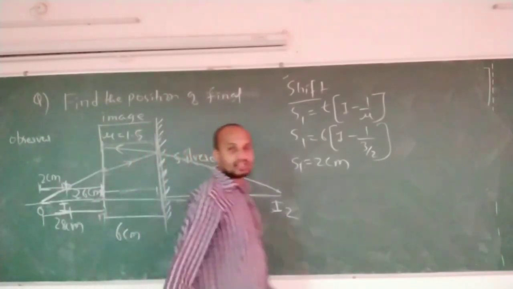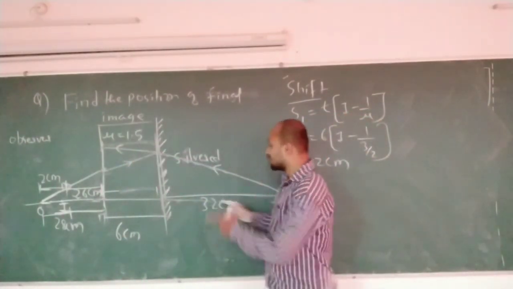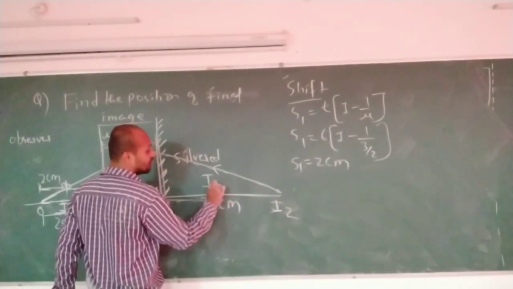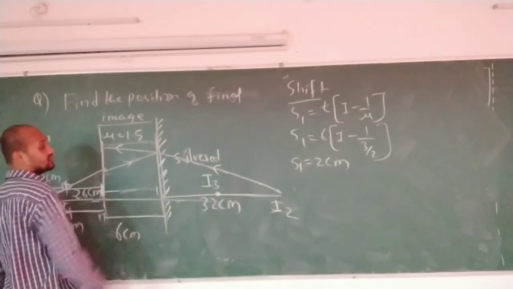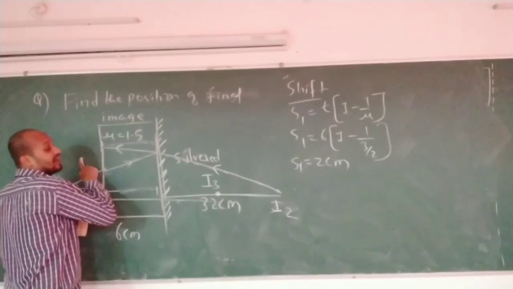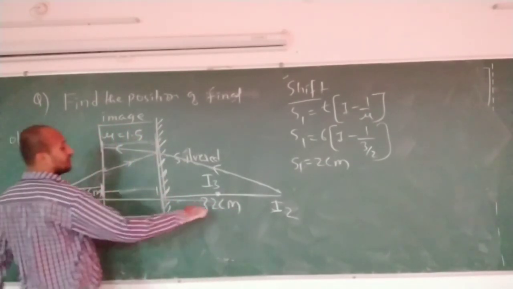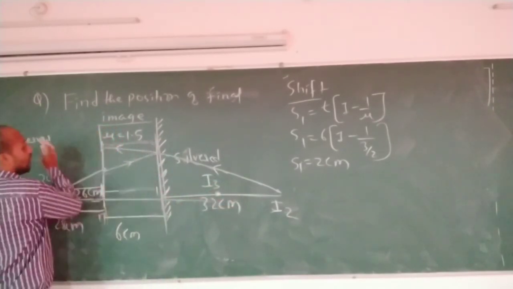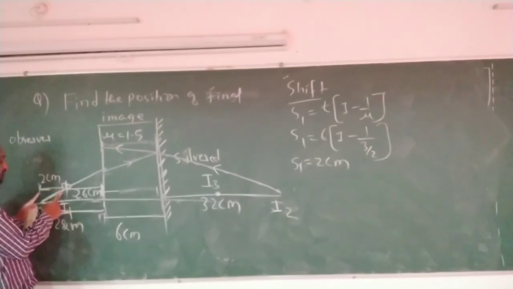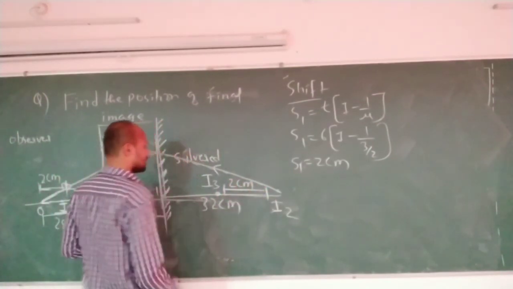So again there is a refraction going to take place through the slab. If it is traveling like this, the traveling direction is this side, so the final image will shift somewhere towards the slab in this direction. Who is the object for this slab when coming from this side to this side? I2 is the object. So after shifting, instead of seeing here, the observer will see here. What is the shift? 2 centimeter. Here also shift will happen 2 centimeter.